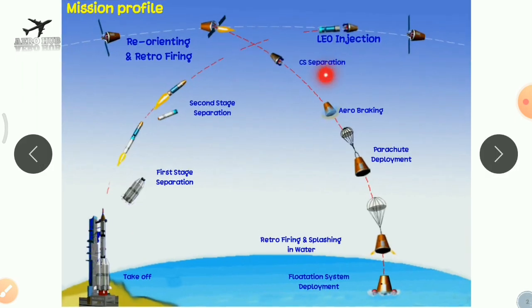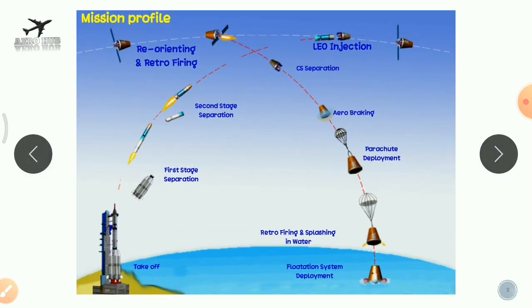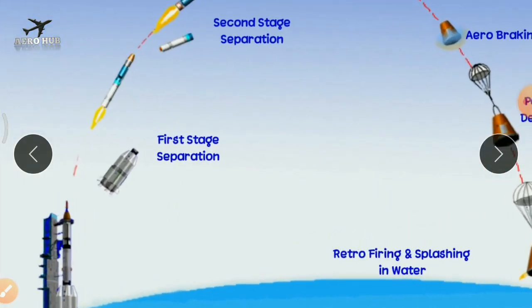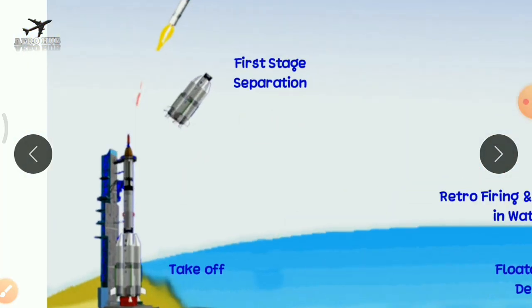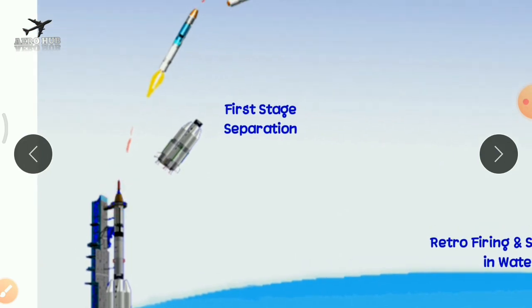As you can see in this figure, this is a mission profile of a typical launch vehicle, and this part is called the control tower, where the launch vehicle is on the ground. I am discussing the mission profile of a launch vehicle that is launched from land. There is something called an umbilical cord that connects the control tower and the launch vehicle.